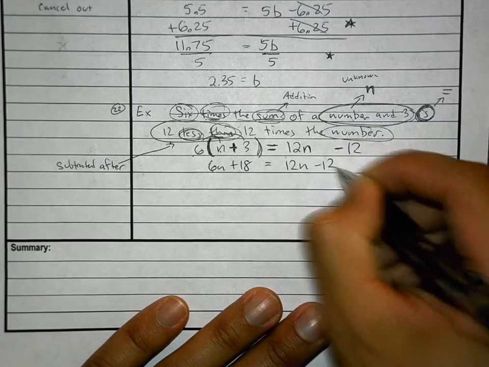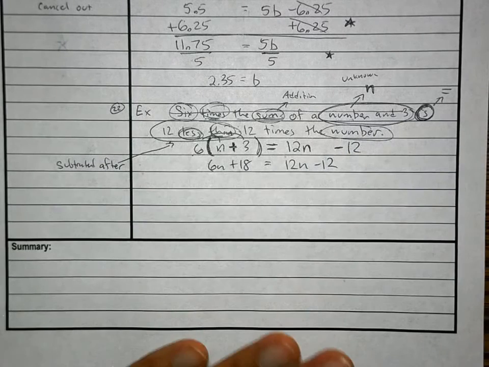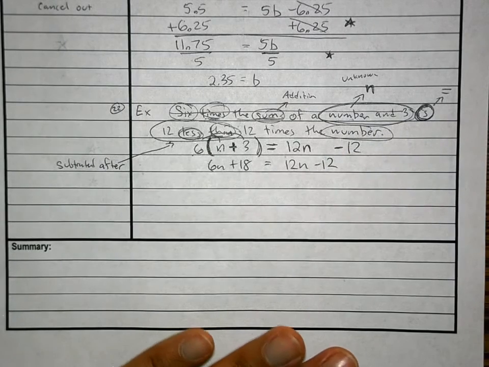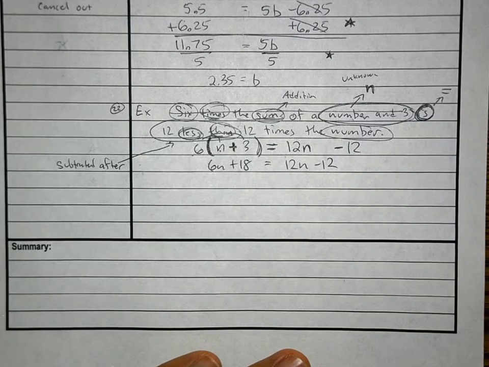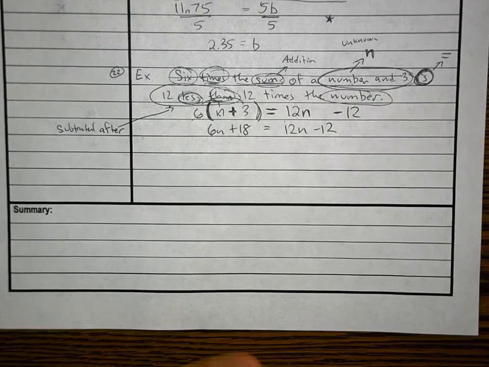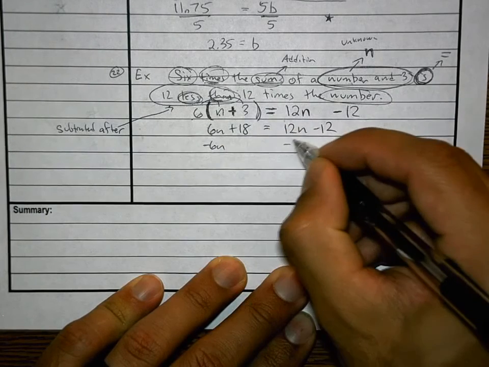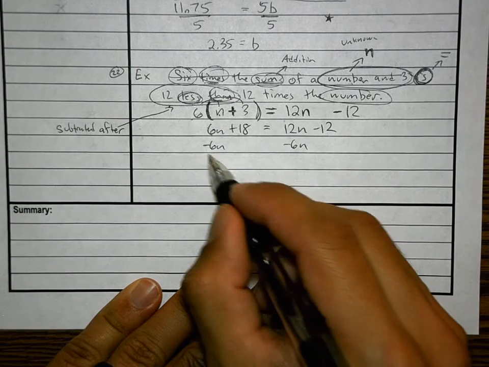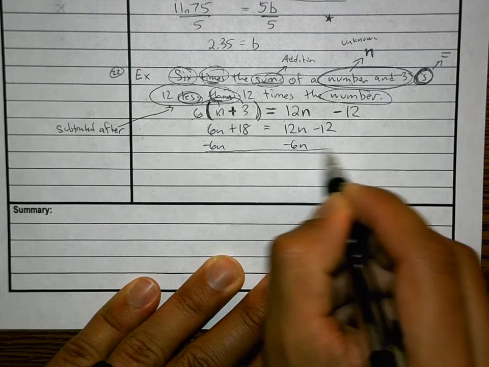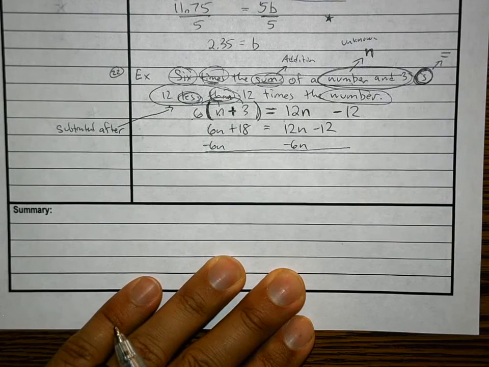I agree. Thank you. Michaela Knowles, I haven't called on you yet. What would you do next? Subtract 6n on both sides. Like that? Yeah. And what do you get? You get 18 equals